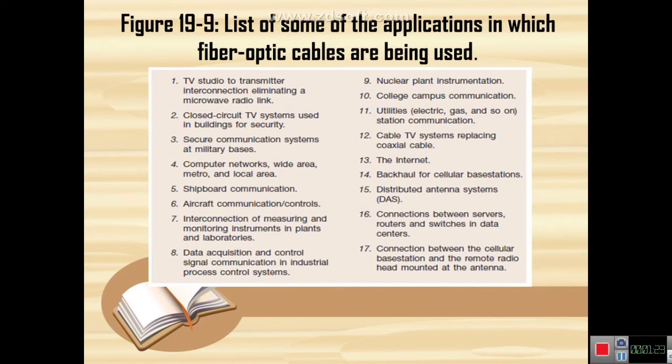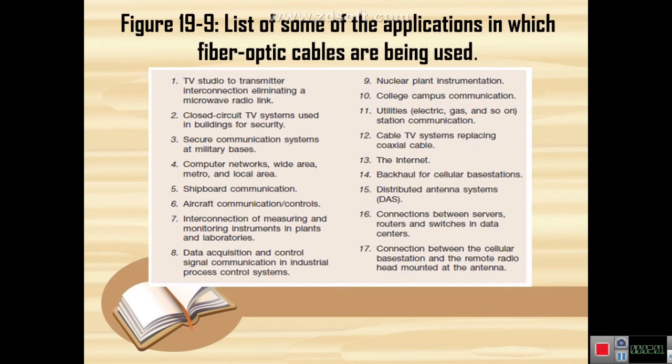There are the following: the TV studio to transmitter interconnections eliminating a microwave radio link, closed-circuit TV systems used in buildings for security, secure communication systems at military bases, computer networks wide area metro and local area, shipboard communications, aircraft communications controls, interconnections of measuring and monitoring instruments in plants and laboratories, data acquisition and control signal communication in industrial process control systems, nuclear plant instrumentations,